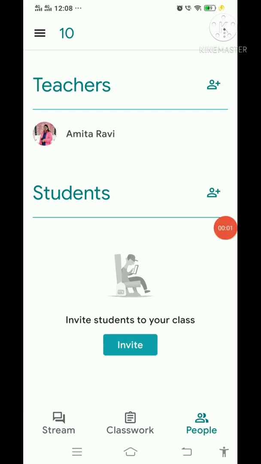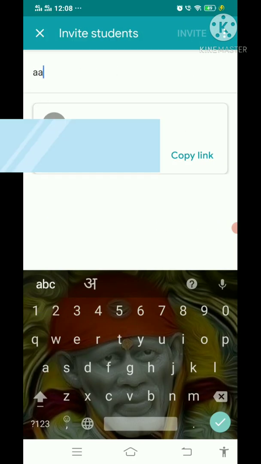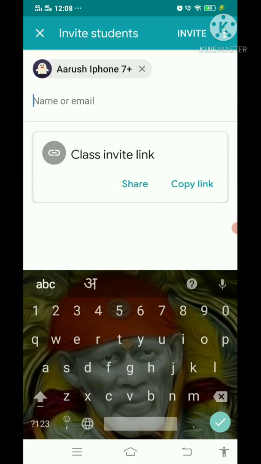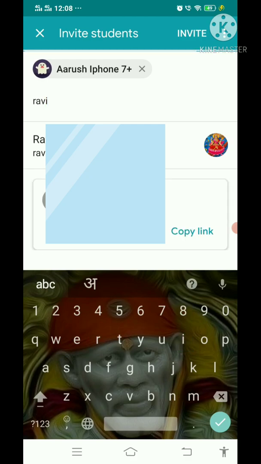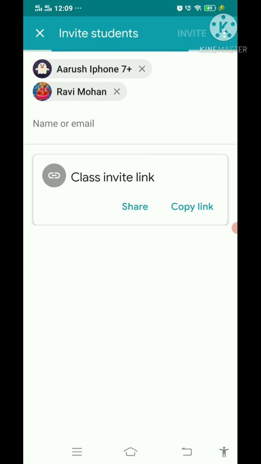So clicking on the student add tab, I can type the mail IDs of different students of my classroom and click on the invite button on the top right corner.